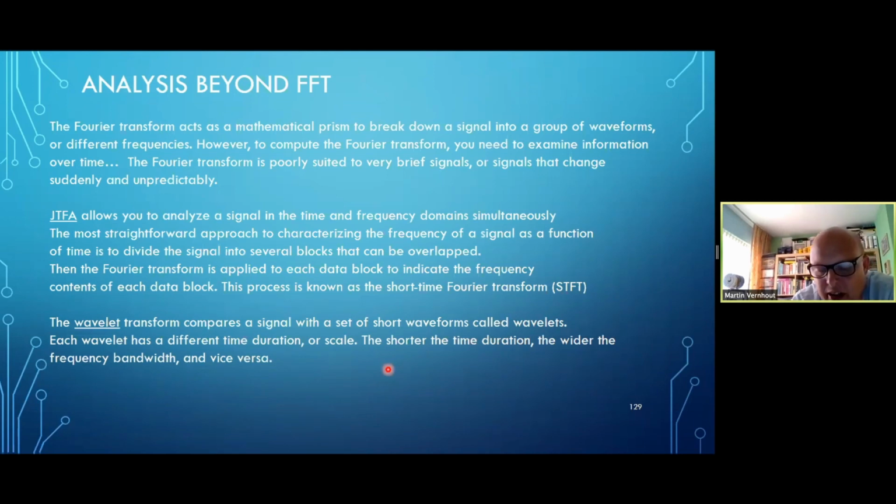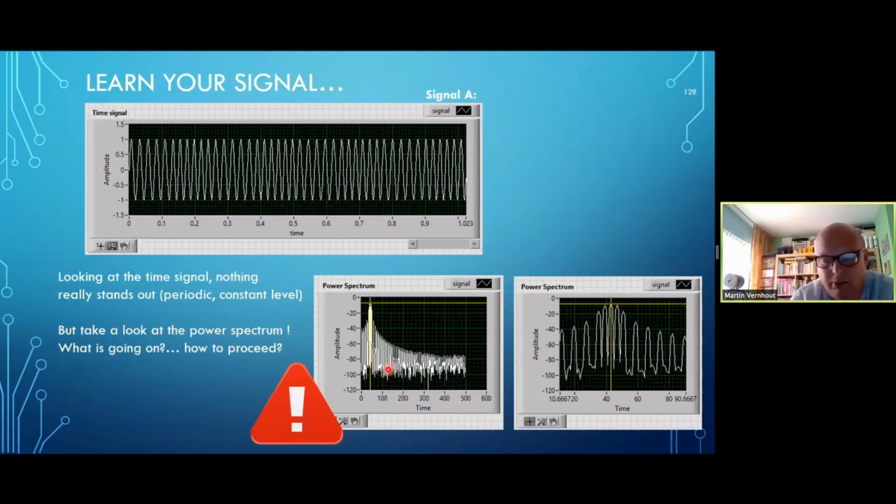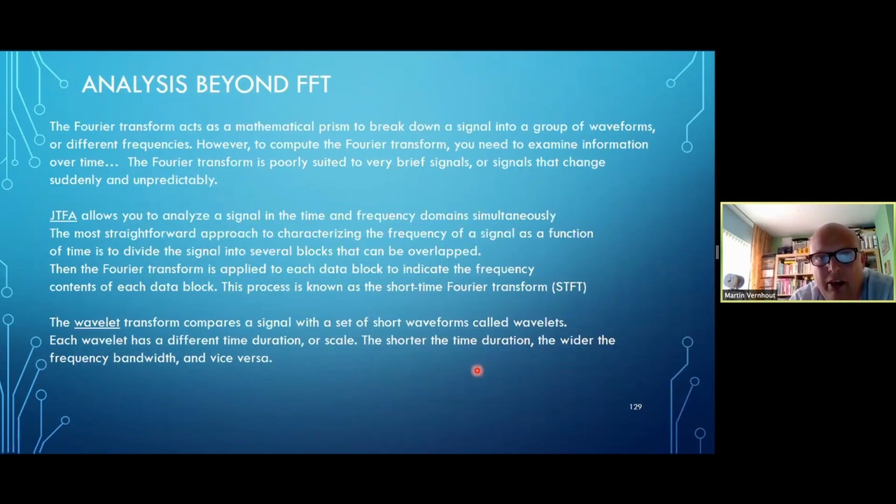It's because if you look at your time domain signal, you know the value over time. That whole block of data we can convert to frequency domain, and now we know which frequency components actually have energy. So what are the underlying collection of sine waves? In time, we don't know the frequency part. In a power spectrum, we don't know the time part. And in this example, they actually collide. And that means we need to go beyond the FFT. For example, we can go for joint time frequency analysis.